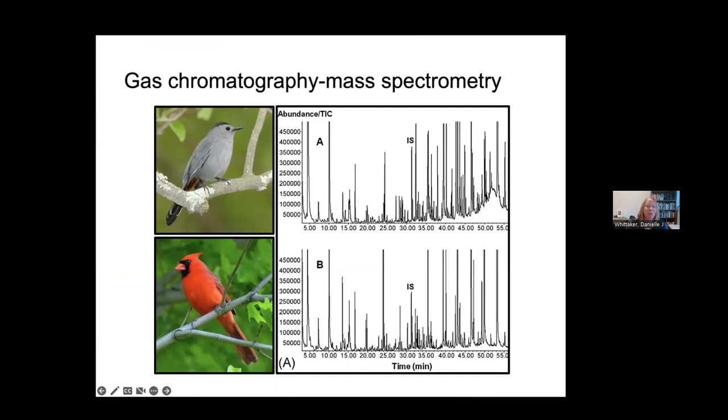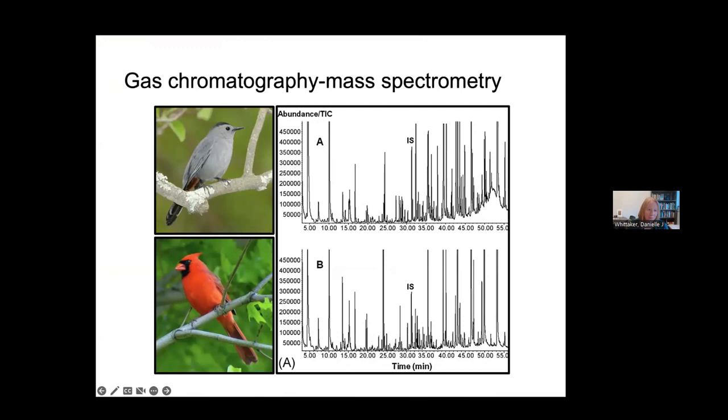And then mass spectrometry is what we use to identify those molecules. So here I've got 2 birds. It's a gray catbird on the top and a northern cardinal on the bottom. And then next to them, I'm showing you the GCMS, or gas chromatography mass spectrometry data from the preen oil